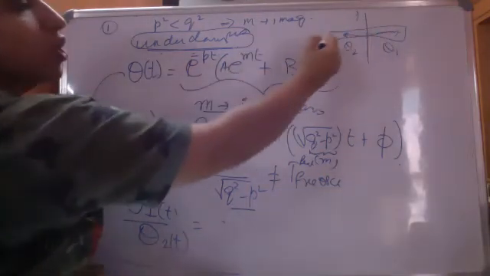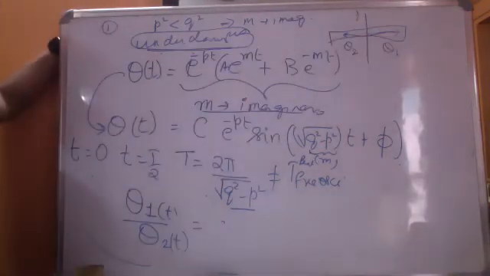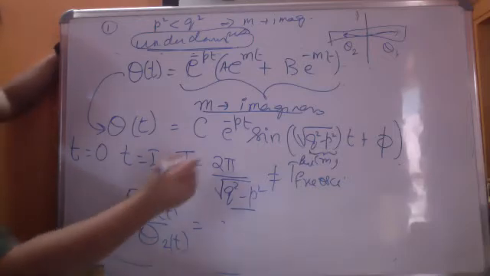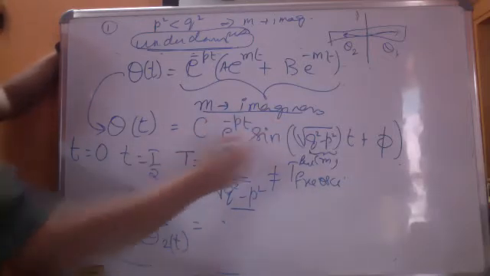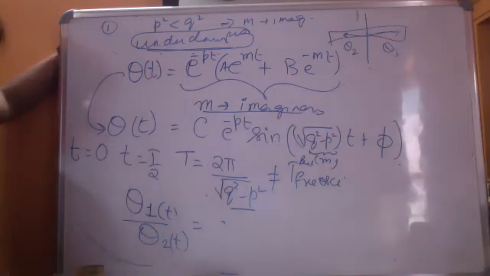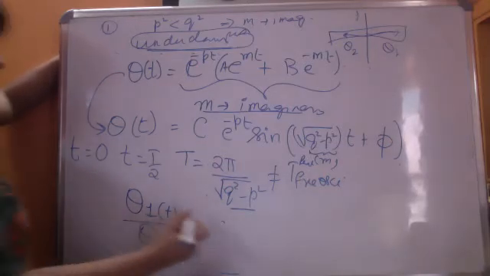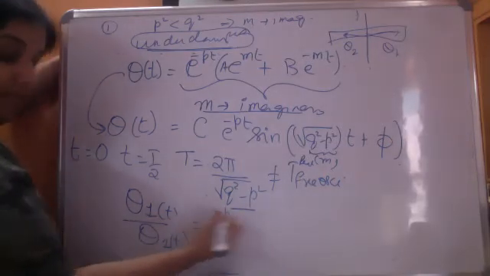Why? Because one full oscillation will be when it comes back to the right hand side. So if I take the ratio of theta 1 to theta 2 here, right? If I take the ratio of theta 1 to theta 2 on the right hand side, this ratio is equal to,